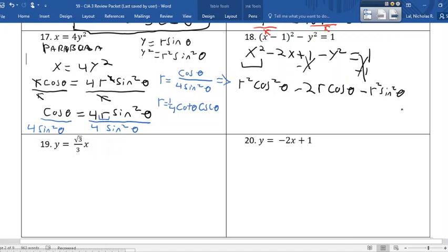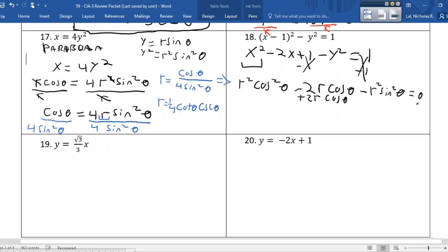And that's going to be equal to 0. Here, what we can do is factor out an r. We can say this is equal to r squared, if we add 2r cosine of theta to each side,